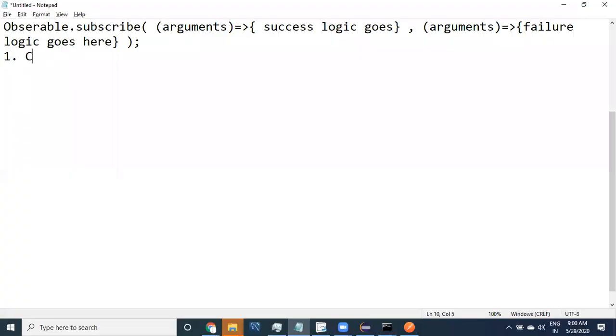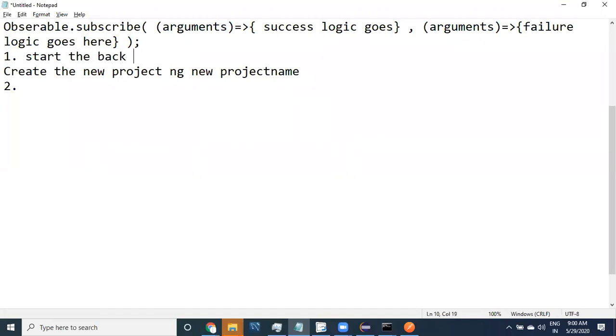I will give the steps. Create the new project, and the project name can be anything. In the Angular project, create with ng new and the project name. The first step is to start the backend application.